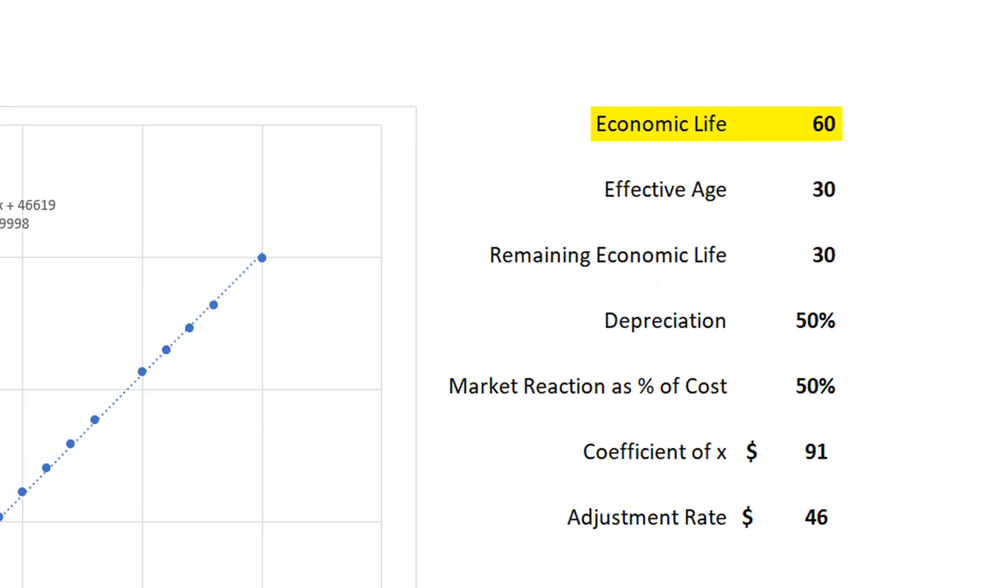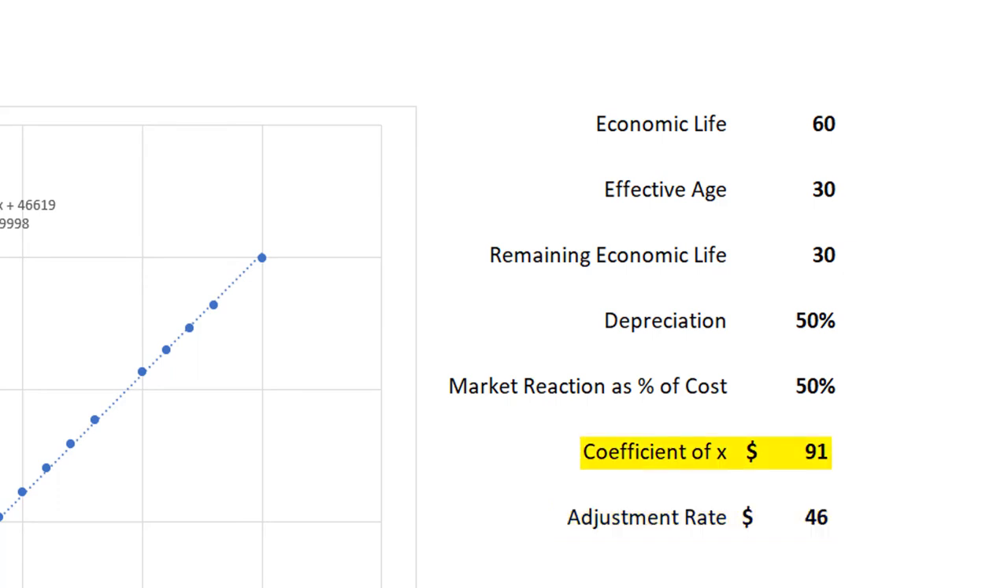cost data. If the improvements are effectively 30 years old, then remaining economic life must be 30 years. 60 years minus 30 years effective age leaves 30 years remaining life. Depreciation is 50% because 30 years of effective age is 50% of the 60-year total economic life. In other words, for a property such as this one, the market is willing to pay 50% of cost new. The market is paying approximately $46 per square foot because one more foot has a cost new of approximately $91